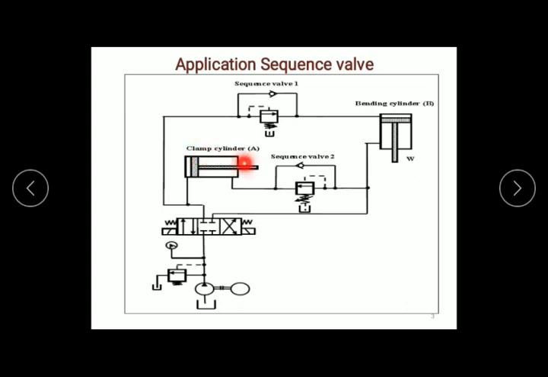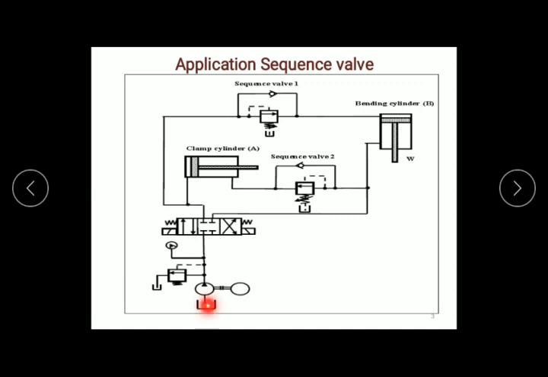After complete extension of cylinder A, there will be a complete extension of cylinder B. And if you switch the position of the DCV, that is, the direction control valve, after full retraction of cylinder B, you will get full retraction of cylinder A. This is sequence valve 1 and sequence valve 2. Now let us understand the working of this circuit in all three positions. Consider the DCV is in the first position.